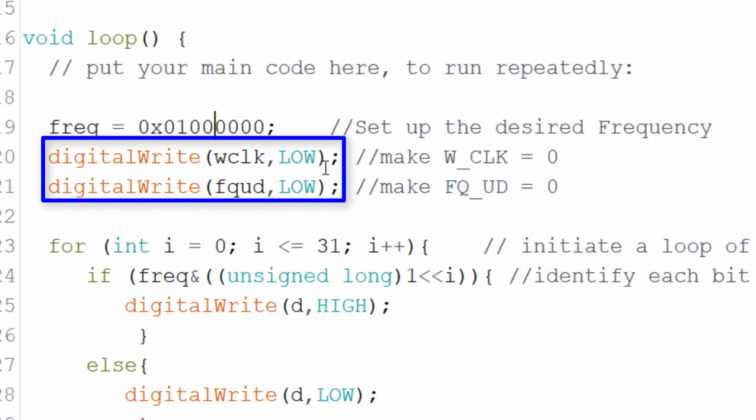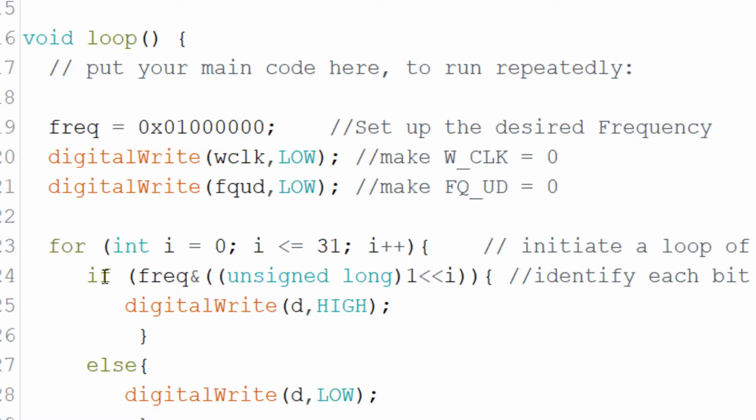And then we make the clock 0, the frequency update 0, and then initiate the loop for writing 32 bits from 0 to 31, and each iteration you increase it by 1.